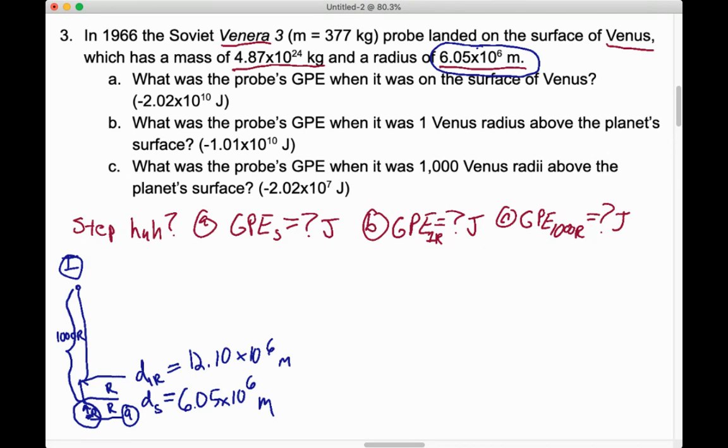the surface? For this one, D1000R is going to actually be 1,001 Venus radii. So yeah, what number is that going to be? 1001 times 6.05 times 10 to the 6. The number we get is, I'll just copy it exactly,